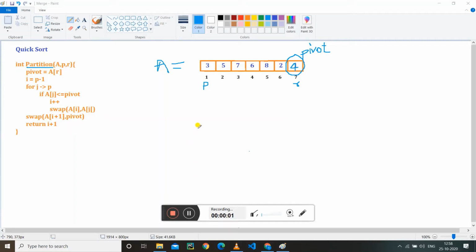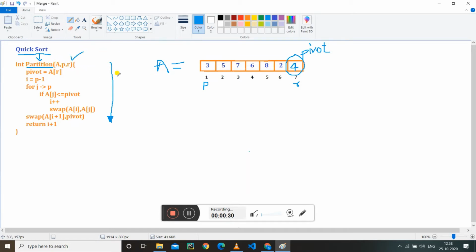Hey everyone, so last time we talked about merge sort and today we are going to learn about quick sort. As you learned in merge sort, the merge procedure is the main thing there, and just like that, in quick sort the partition is the main procedure here. All you need to understand is the partition carefully, then quick sort would be very easy, which we will discuss in the next video, but today we'll focus on the partition procedure.